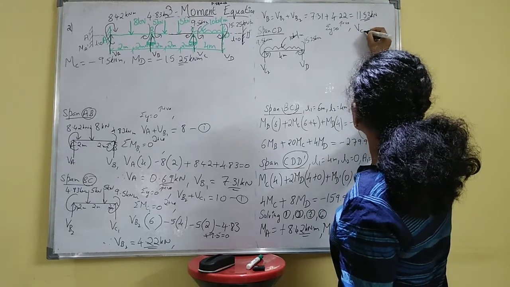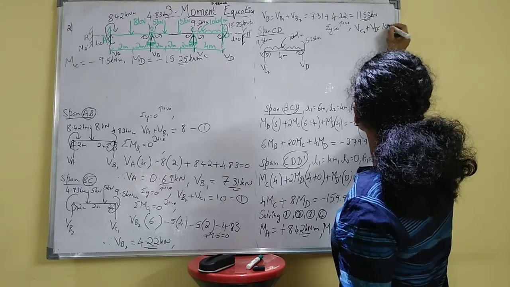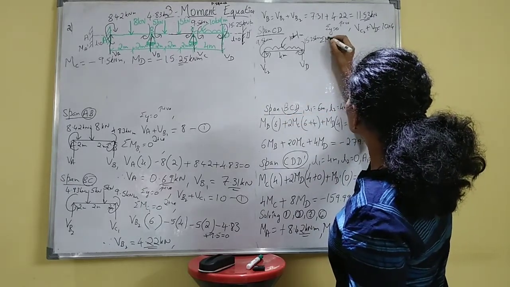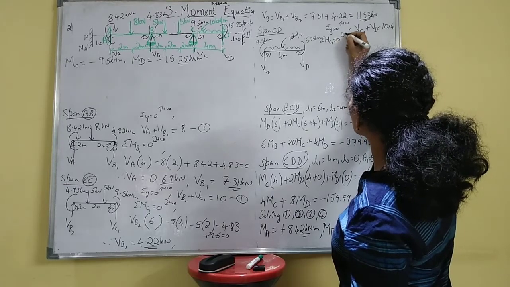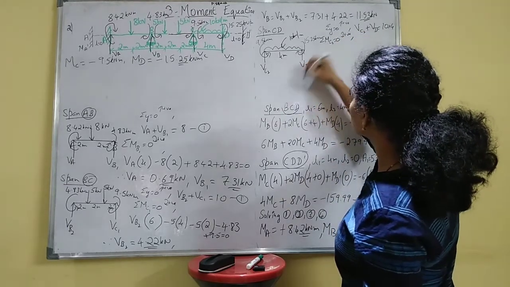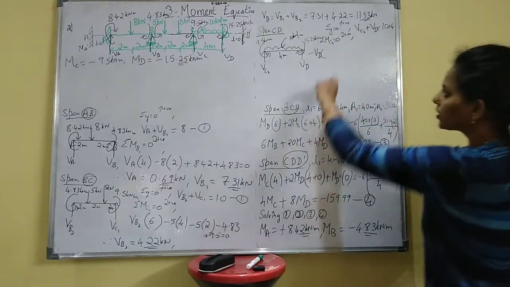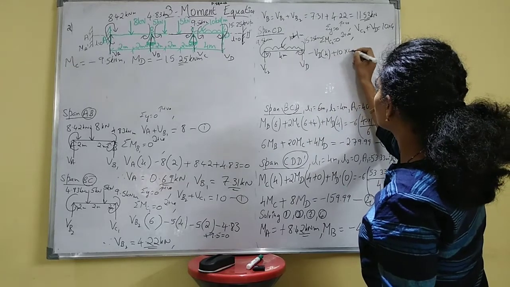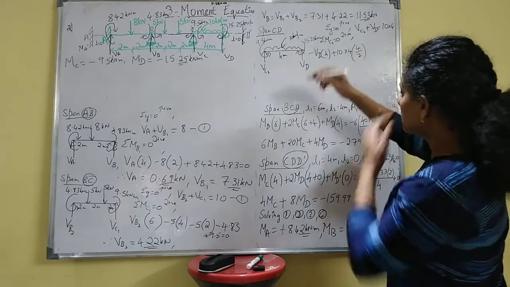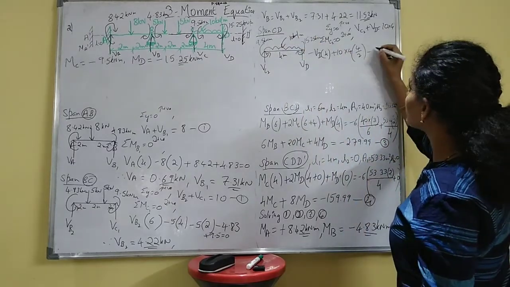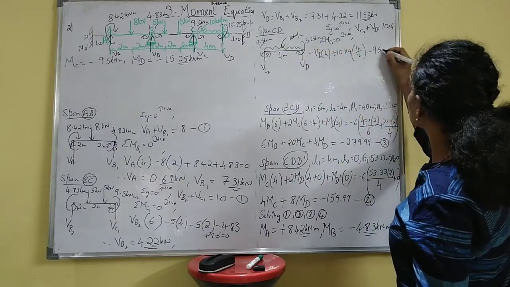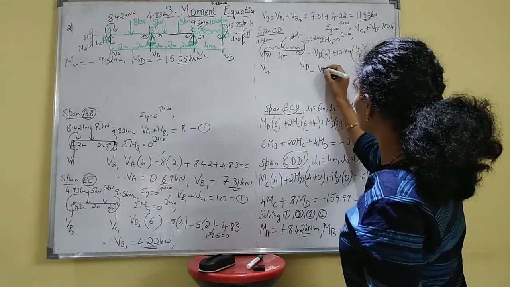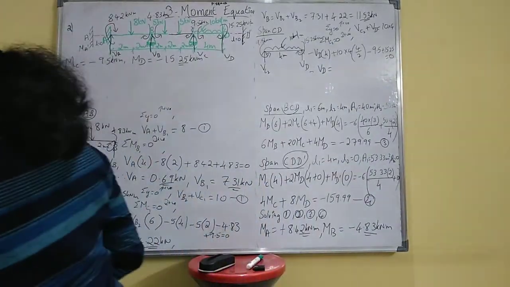You have VC2 plus VD equal to 10 into 4, 40. So summation MC2 equal to 0, take clockwise as positive. So you have minus VD into 4, then plus 10 into 4 into 4 by 2, then this is anti-clockwise, so minus 9.5, this is clockwise, plus 15.25 which is equal to 0. Find out VD. VD is nothing but 21.44